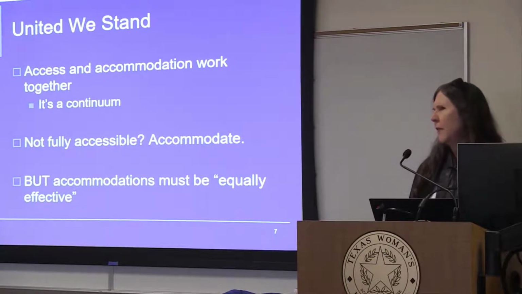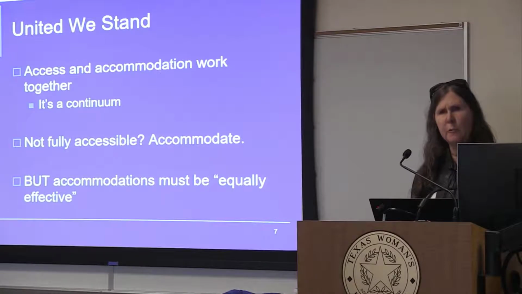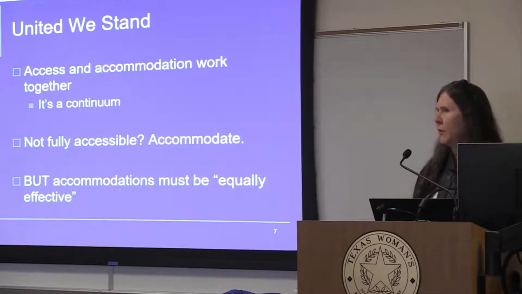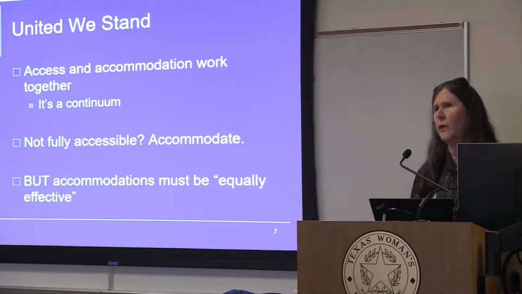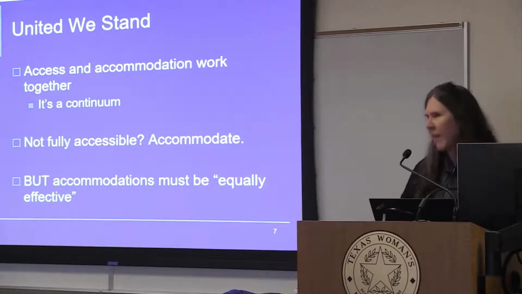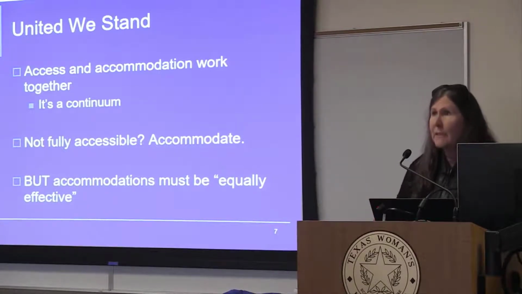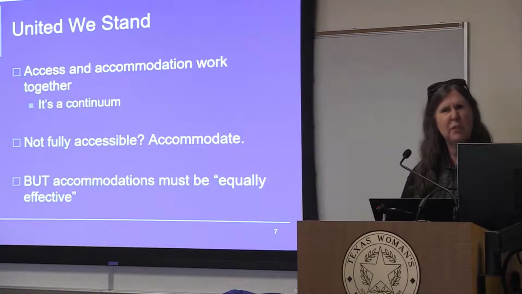So what does equally effective mean? Well, it's very intuitive, actually. So if every other student can do this online course at home in their bunny slippers, but the student with a disability has to come into the Disability Services office and say, oh gosh, is there somebody here who can help me with this? And of course, Disability Services, which is always very stretched, says, well, okay, come back at this time. We can get a student worker to work with you, and we'll figure out how to do that. Well, yes, that's an accommodation, but is it equally effective?